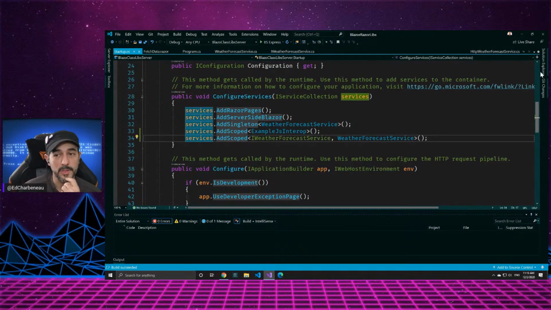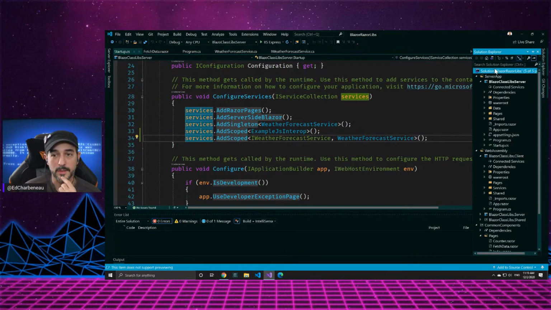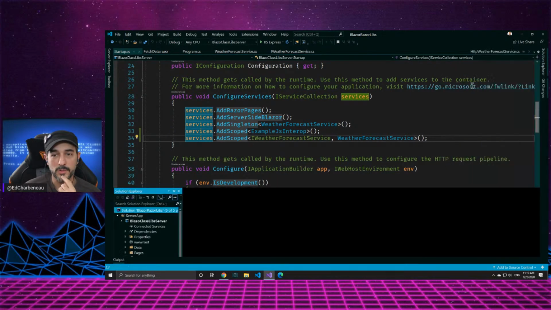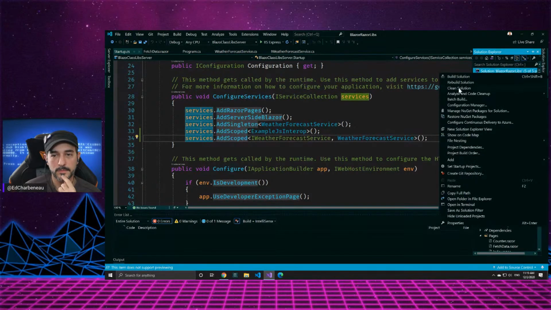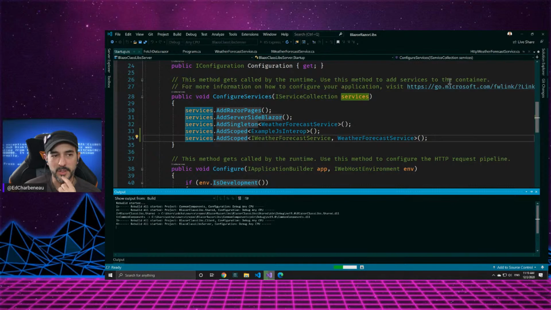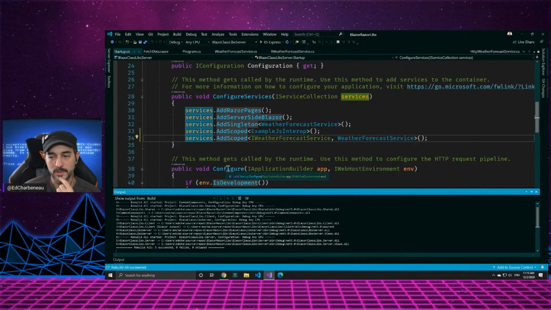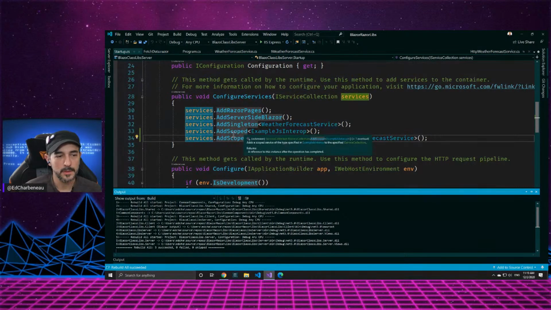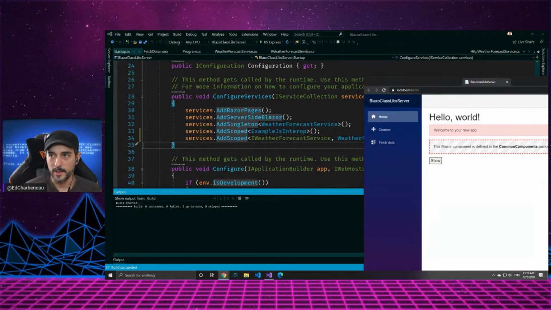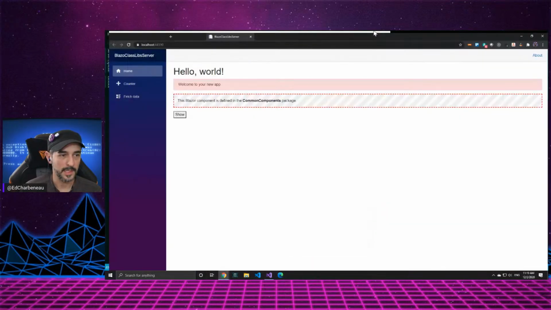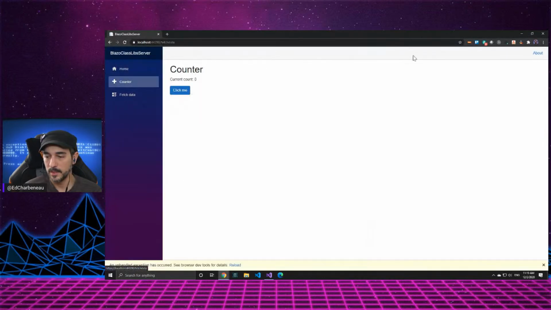Right. So let's try something here. Let's clean the solution. Let's rebuild. Let's make sure that everything got saved. And then we'll run it one more time. And Eagle's pointing out it may be something with the life cycle of